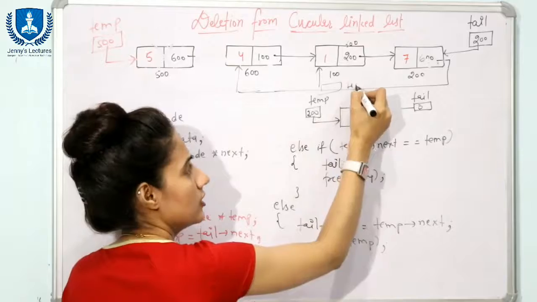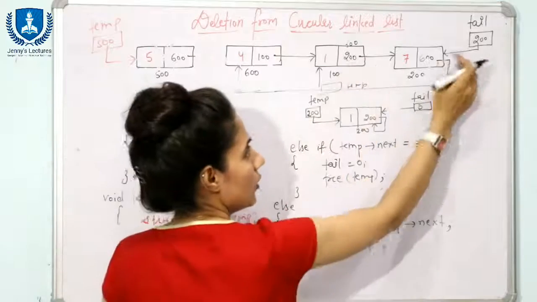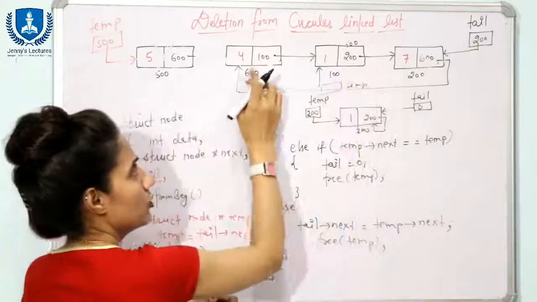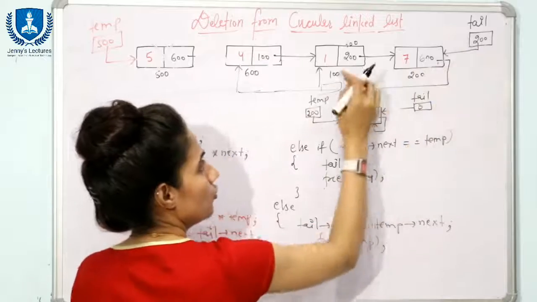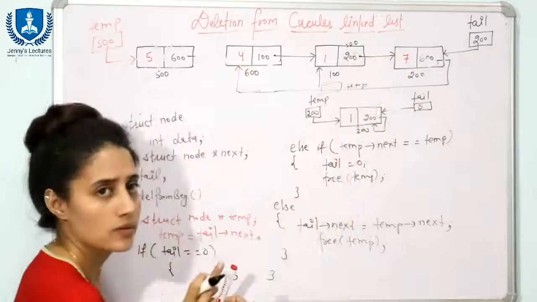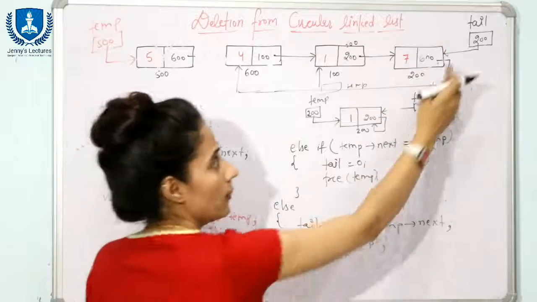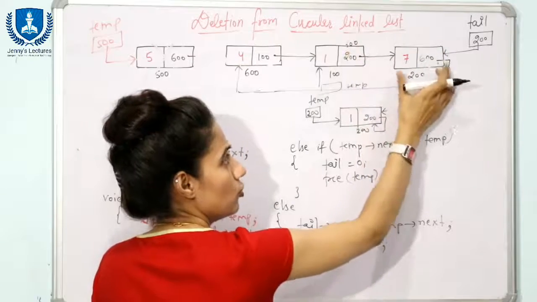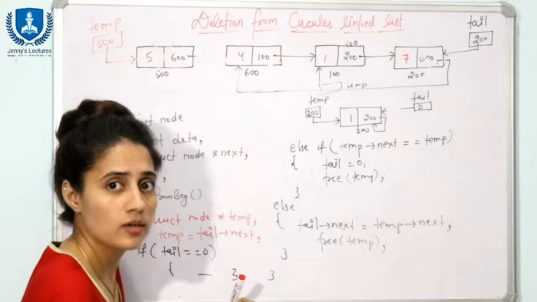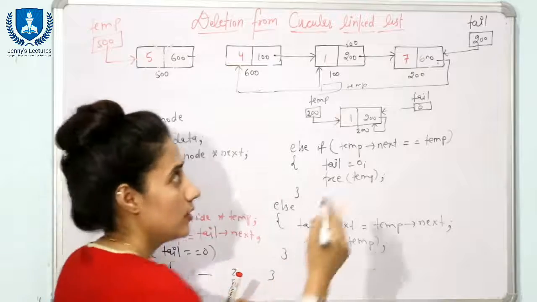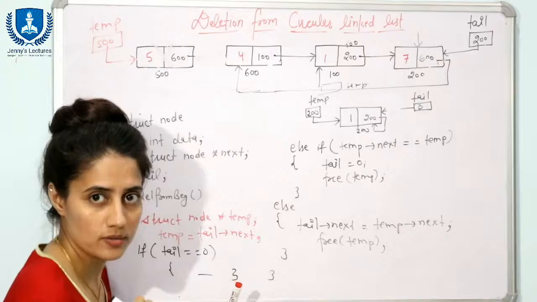You can say suppose this is temp. So temp of next. In temp of next I can store what? Tail of next, that is 600. So now this is pointing to this node, right? After that update this tail pointer. Now tail is equal to temp of next, right? But now you have to free this memory. You have updated this tail also. Now there is no pointer pointing to this node. So how can you free this memory? So you need another pointer, a second pointer that would point here. So we actually need 2 pointers here, right?